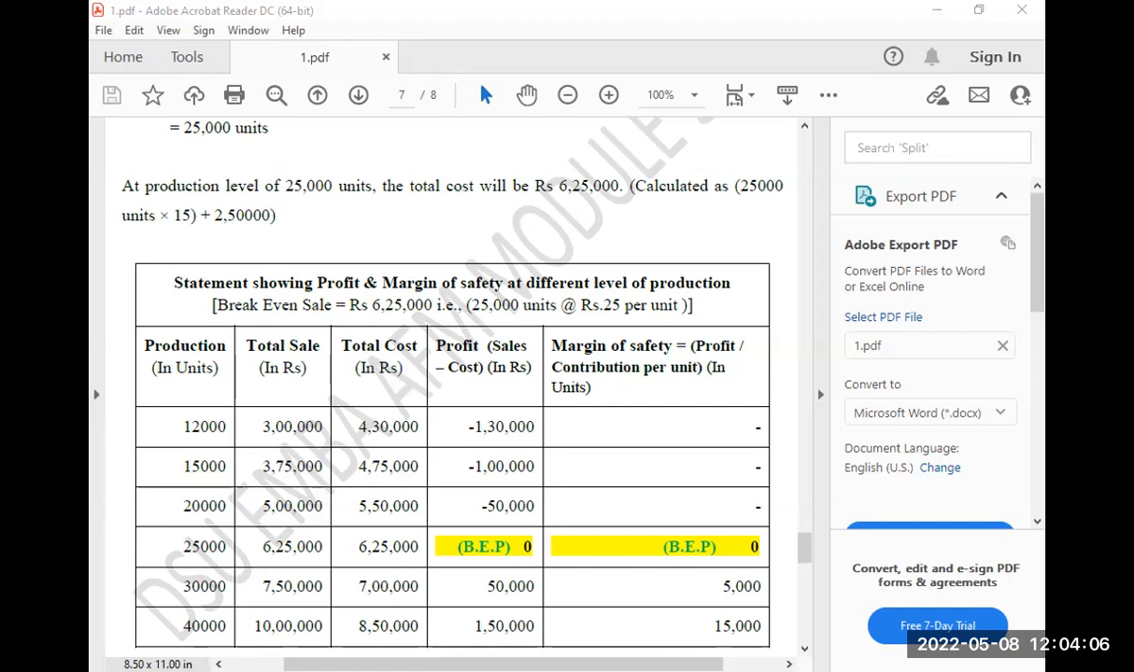6,30,000 plus profit per unit. How much is it? 2 rupees. So rupees 2X. Find it out. Solve this equation for X. Fixed cost is 6,30,000. 2,10,000 is the number of units to be sold to earn a profit of rupees 2 per